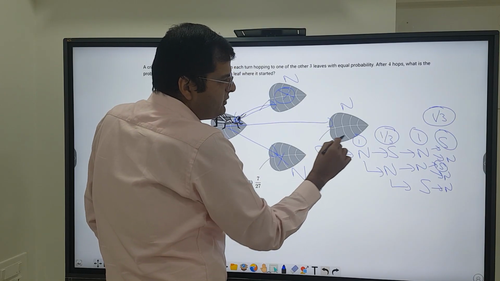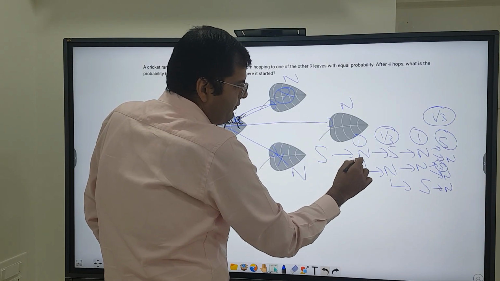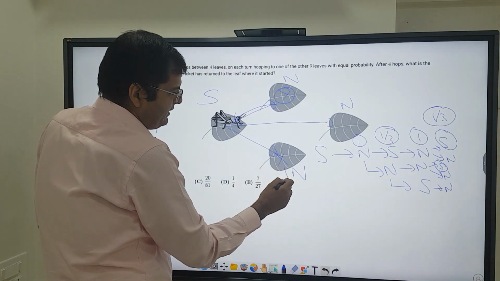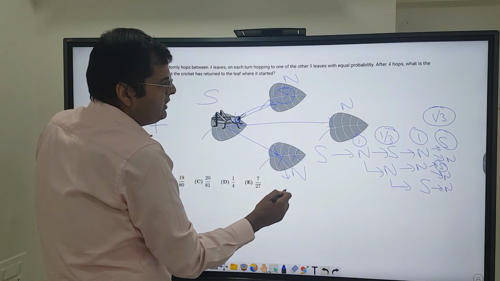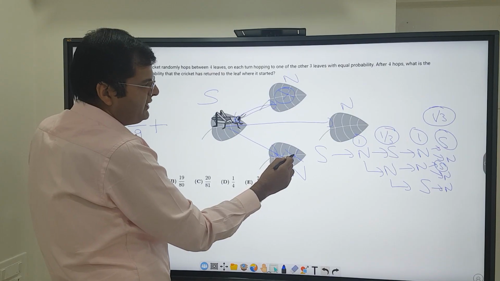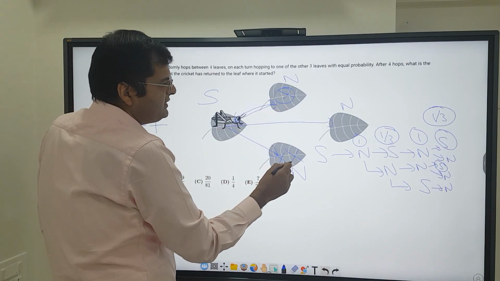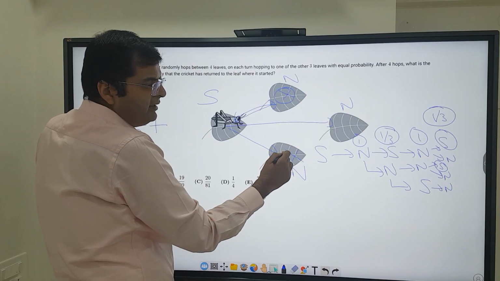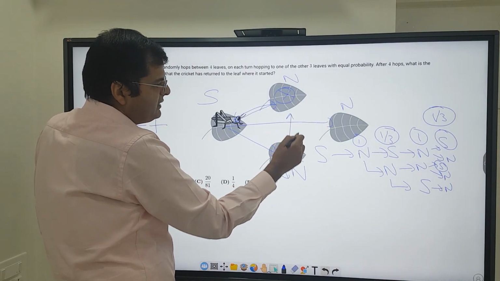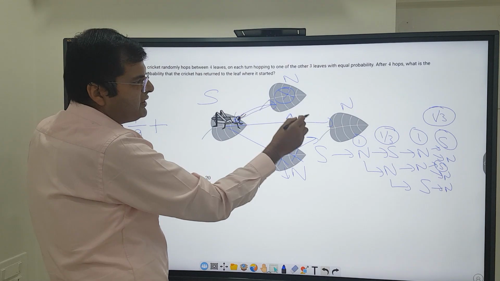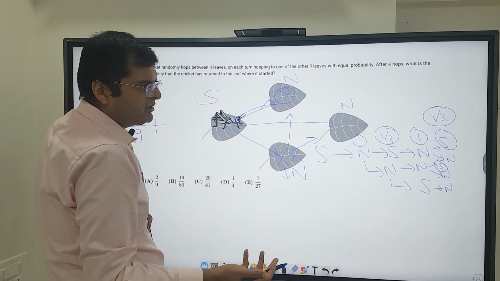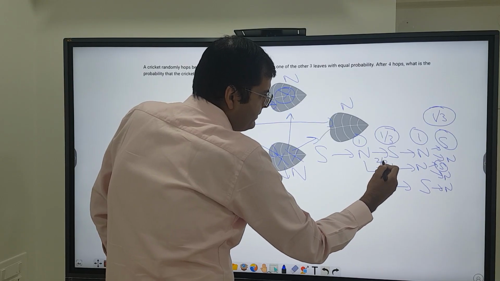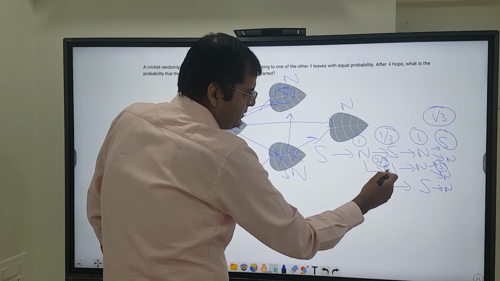So again, the second path, you start with N, which is 1. Then from N again you reach N. Okay. So let's say I am at this N right now. So if I have to go, I have 3 options from this N. Either I go S or I go this N or this N. So if from N I have to reach N, I have 2 options, either this or this. So out of the 3 options, I can choose any of the 2 options. So the probability from reaching N from N will be 2 by 3. So this will be 2 by 3 here, this probability.